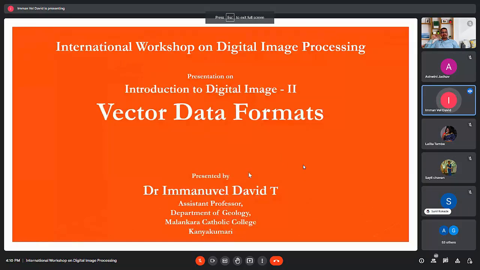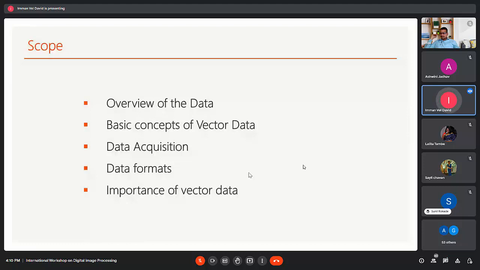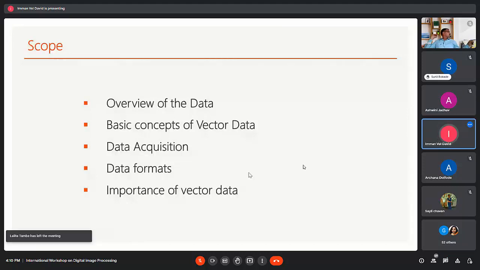First, an overview of the data, then the basic concept of the vector data, then data acquisition, data formats, and the importance of the vector data. This entire presentation will help to understand the basic level of concepts about the vector data. And I'm going to share some of my experience in handling vector data.